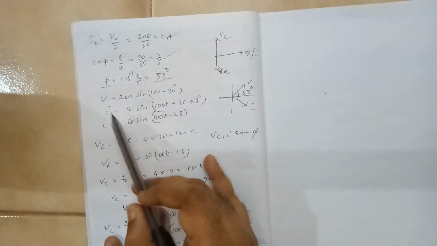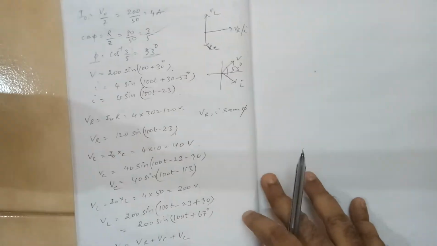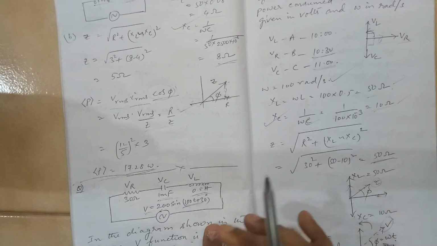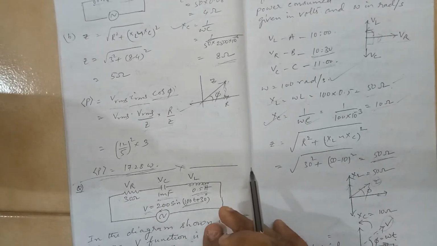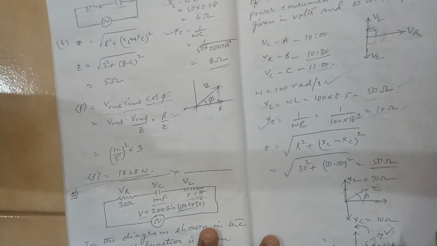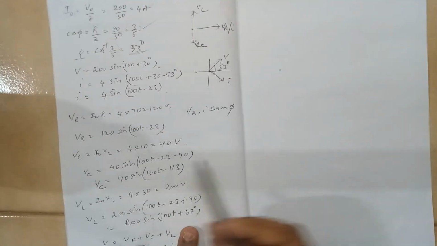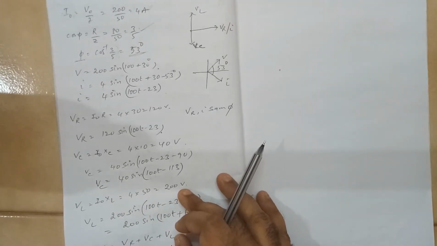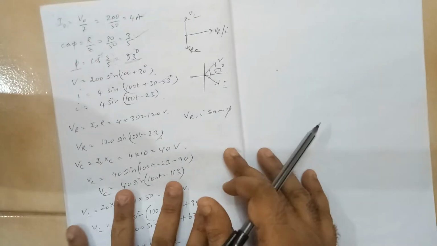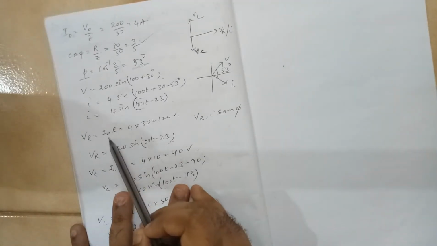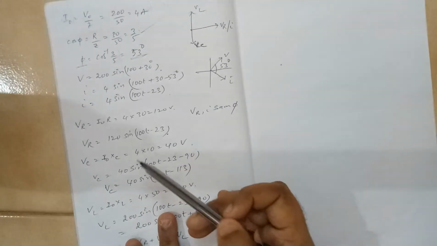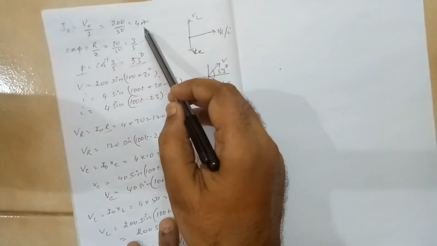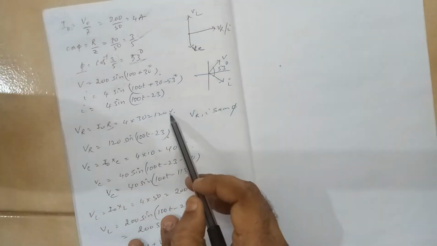Now here you need to understand one thing: VR, VC, VL are all three potential drops. When you add all this, you get the total voltage V, which will be equal to the summation of these three. So basically we have to work out VR, VL and VC. For that, we need the peak value of the current multiplied with the corresponding resistance values. If you want VR, multiply with R. The peak value we have just worked out is 4 amps, so 4 into 30.